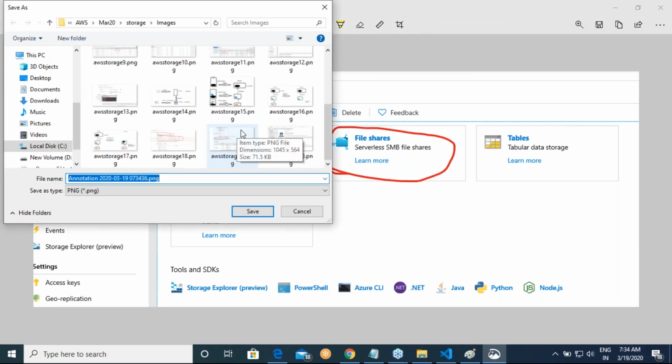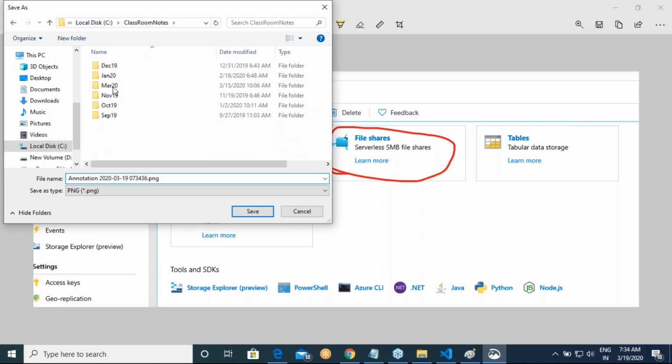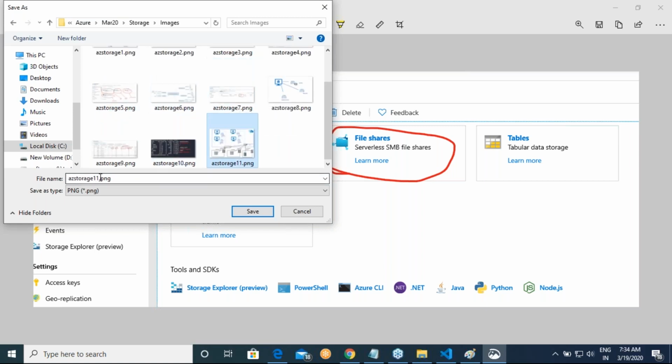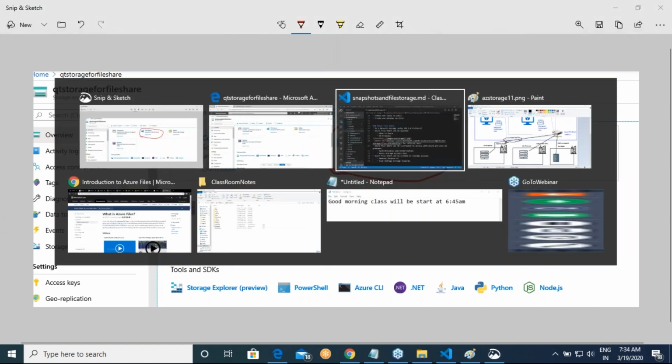All right, it is AWS. Let me go to Azure March 20 storage. Yes. Okay, right.